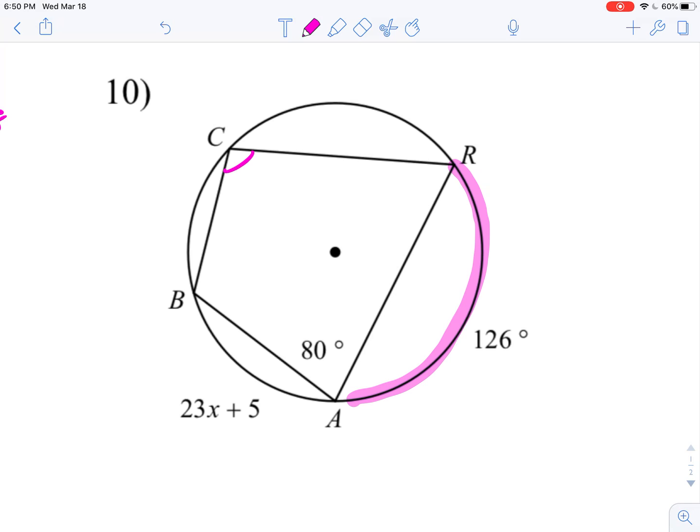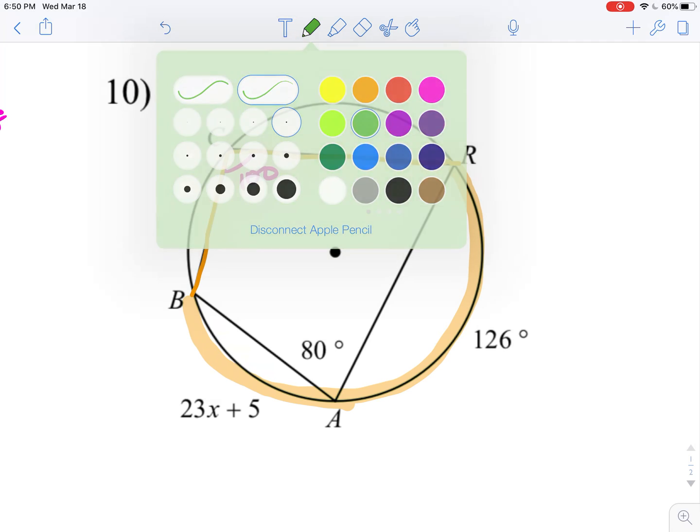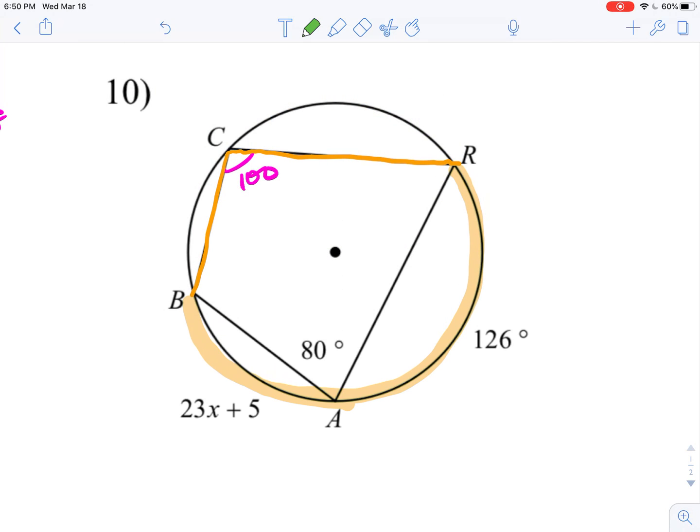All right, so 80 plus this opposite angle must be 180. So this has to be 100. And now let's see, what arc does this 100-degree angle intercept? And that's pretty convenient there. That was nice of them. So it intercepts that whole arc, everything that we've got. And now, what do I know about arc BAR or RAB? It's got to be double the inscribed angle. So 200 degrees must be